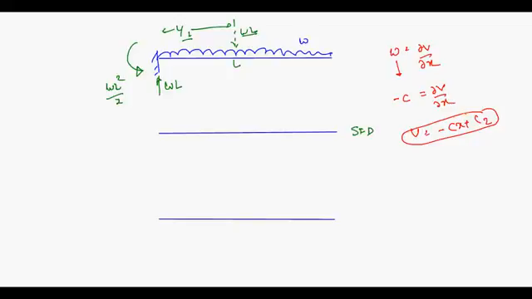It is a linear with negative slope, isn't it? It is a straight line with negative slope. So what is the value at this point? It is WL positive because it is in the upward direction, right? So you just